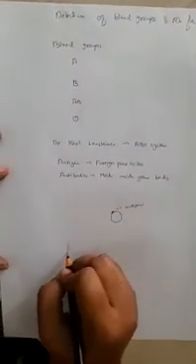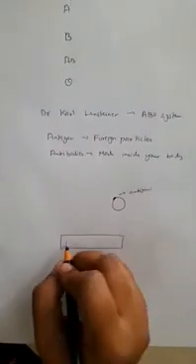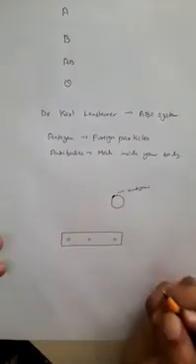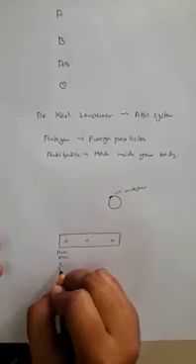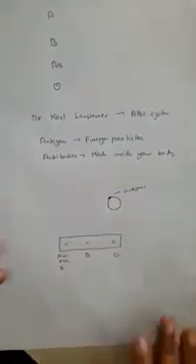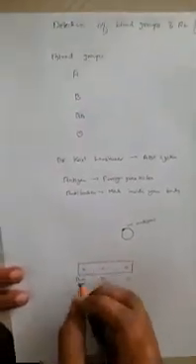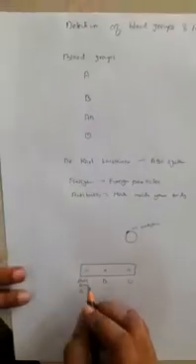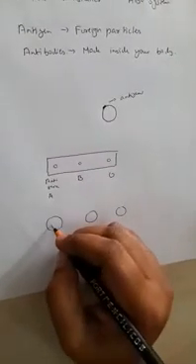Okay, so what we'll be doing is, now we'll be taking a slide. On that slide we'll be pouring 3 drops of blood, and in that blood we'll be introducing antisera A, antisera B and antisera D. Now how to conclude the result? If I just draw a macro image of the blood group, these are my 3 blood drops. Inside that, blood will be present.